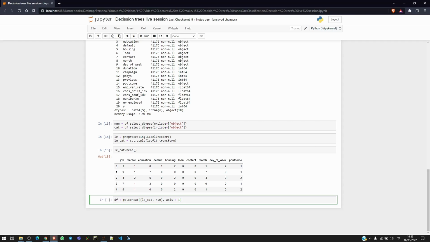Okay, so we need to add axis equals 1 in order to tell that the concatenation will be done by columns. If we put 0, then it will be concatenated by rows, so it will be appended on the end. So we'll first have all the records from the le_cat, and then under that will be added all the values from the num